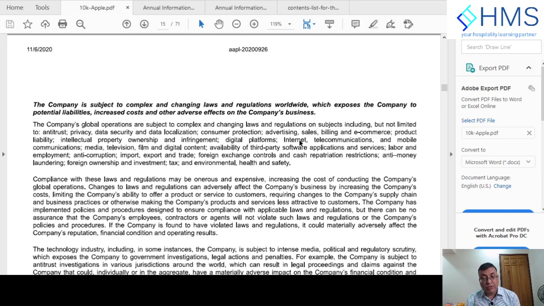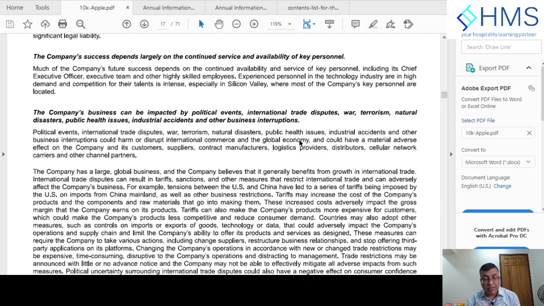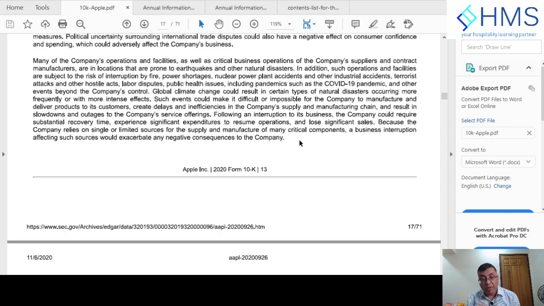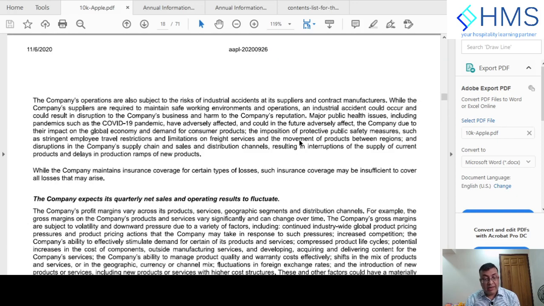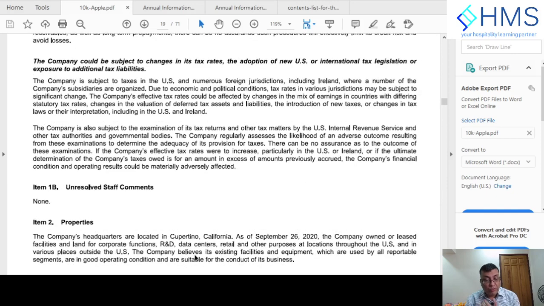The company is also subject to changing laws and regulations, which is pretty standard and normal for every company. So you have to make sure to look only at the company specific risks, what those company specific risks are, and usually what the company is doing about it. The company normally states what it says about itself. So the risk section is quite huge, and you can read it at your leisure and understand it. We are not going to spend too much of our time here, but we will understand it, right?